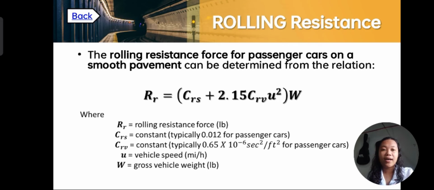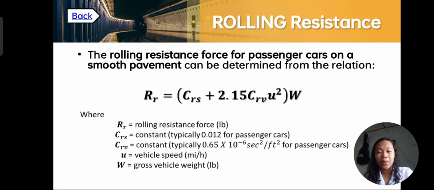The C sub rs is a constant. Typically for passenger cars, it is given by the value 0.012. The C sub rv is also a constant, and for passenger cars, it's 0.65 times 10 raised to negative 6 square seconds per square foot. The U, same with the air resistance, is the vehicle speed, and W is the gross vehicle weight, which